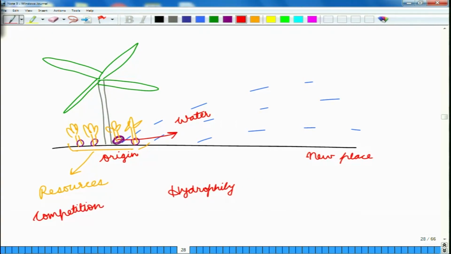and it would be competing with its own parent, and because this parent tree is already a large tree with larger roots, it is quite possible that all of these small saplings would die off. So, essentially dispersal is one way to reduce the level of competition in the place. Another thing is that even if these saplings did not die and would grow into a new tree nearby,